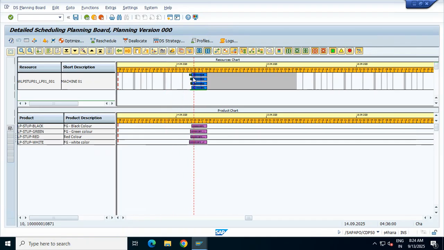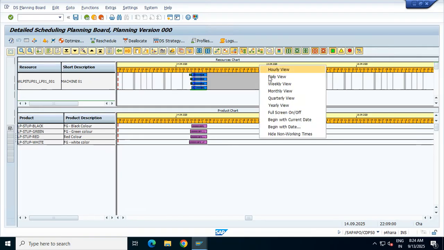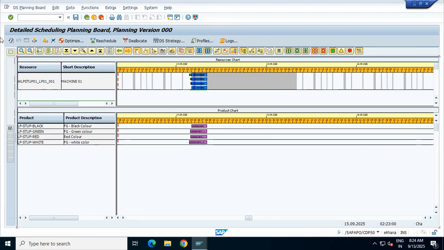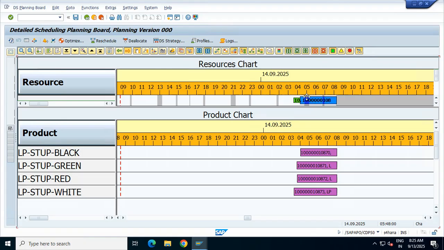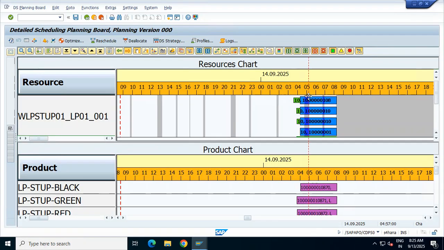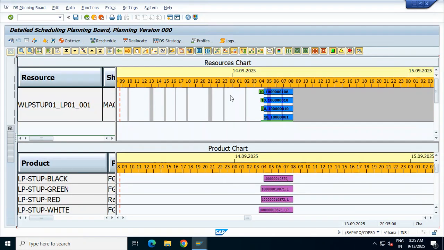Okay, so you are seeing your resources here, and these resources having what? Suppose I make it daily and zoom out, and you will see this is the setup. The green area is your setup time. Now all these having a different setup time, right? Where it is coming from, if you go